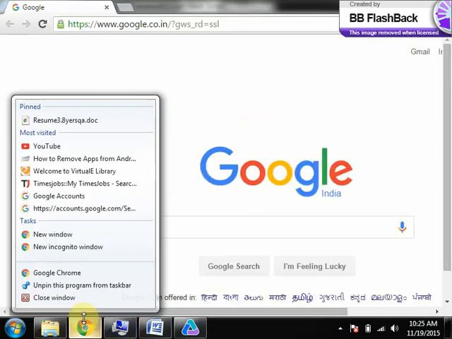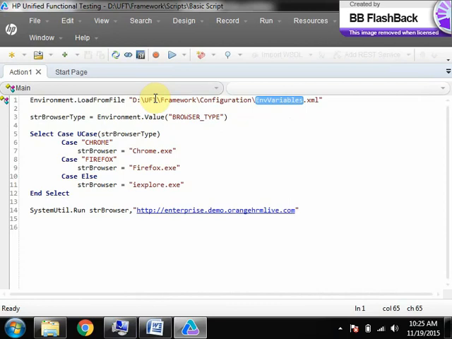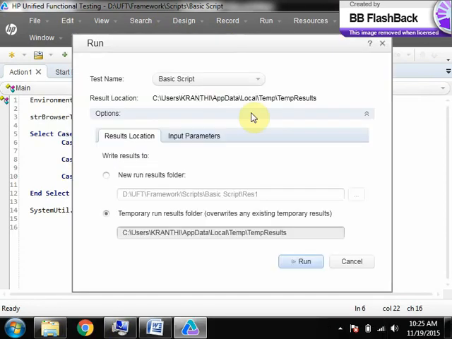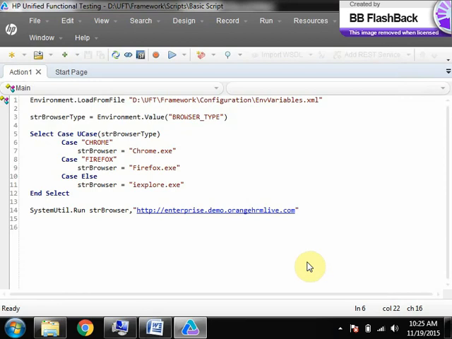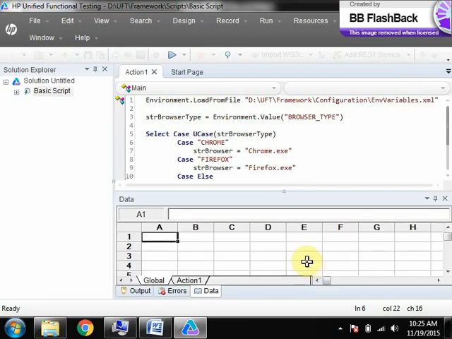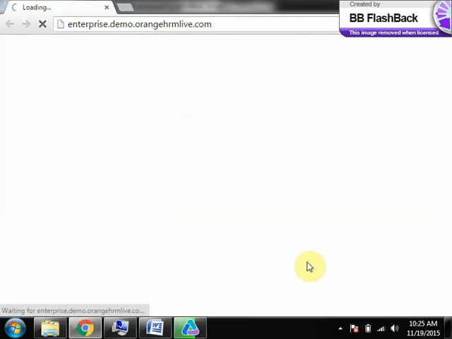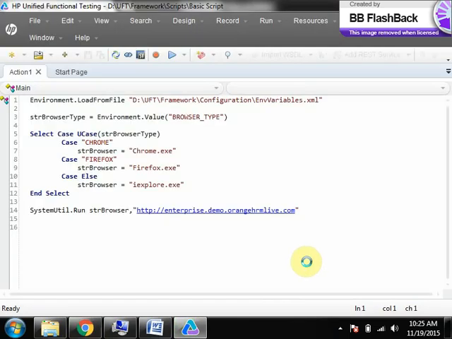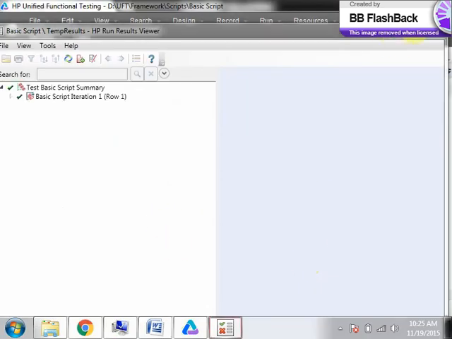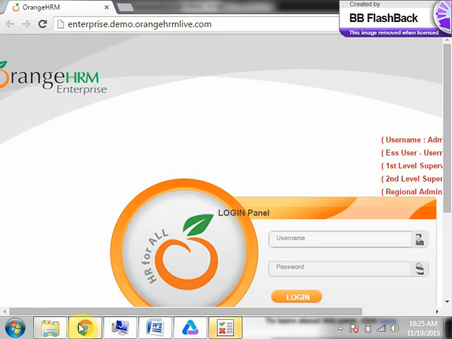Now I have mentioned Chrome there, so it should launch Chrome browser, not Internet Explorer. It's launched Chrome browser now with the given URL, because we mentioned Chrome there.